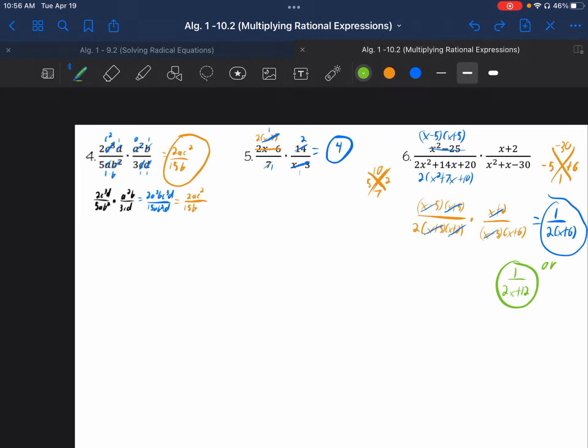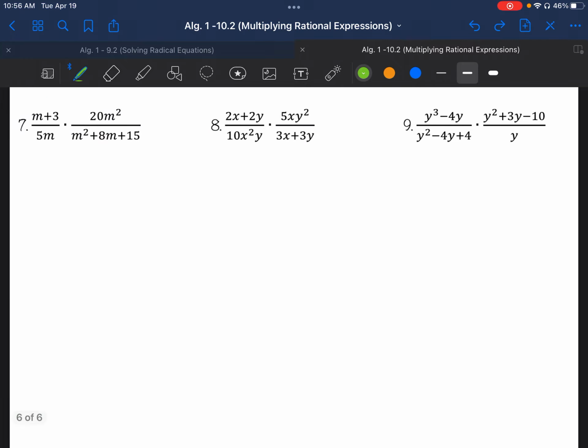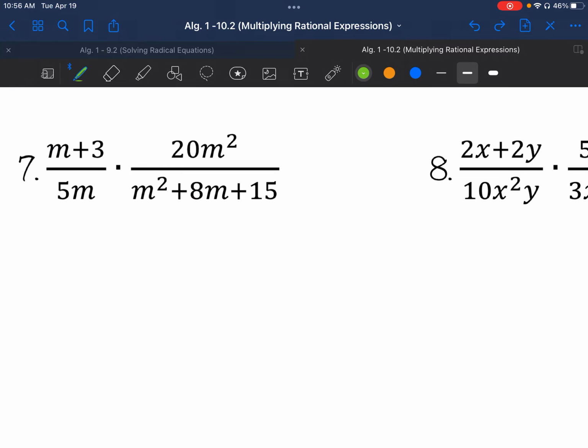On to example 7 here. Example 7, same idea. We're going to look to factor first. This left fraction, there's nothing we can factor. Top on the right, we can't factor that, but on the bottom of the right, we can. So we make an x, 15 on the top, 8 on the bottom, 3 and 5, or 5 and 3